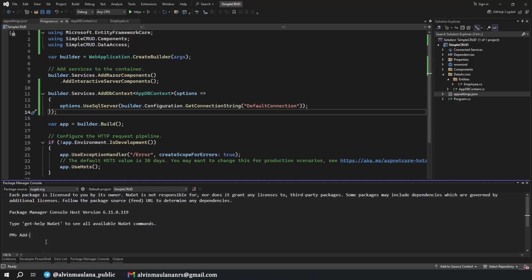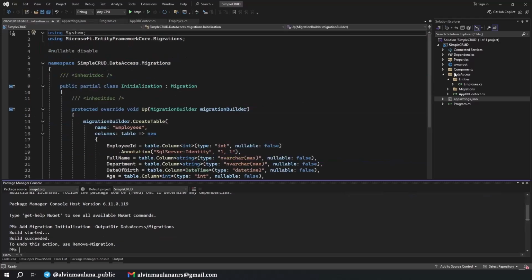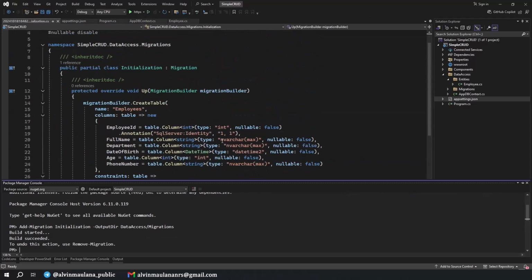Add-Migration Initialization, and then the output directory will be on the DataAccess slash, we need a new folder, name it as Migrations, and then enter. Okay, now the migration is created.